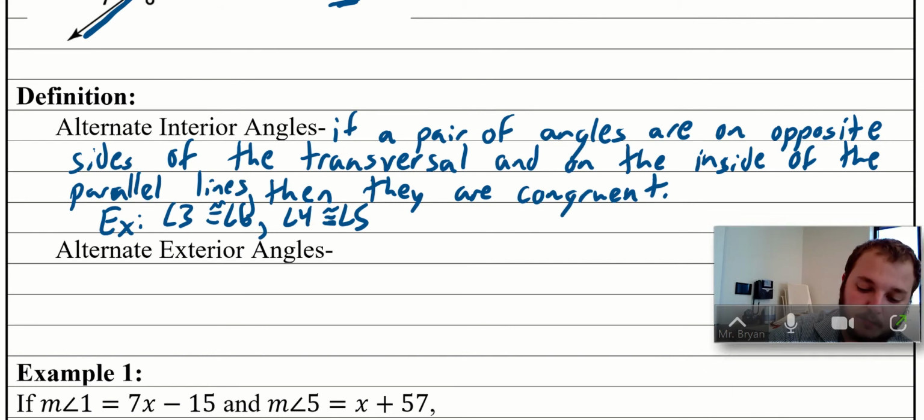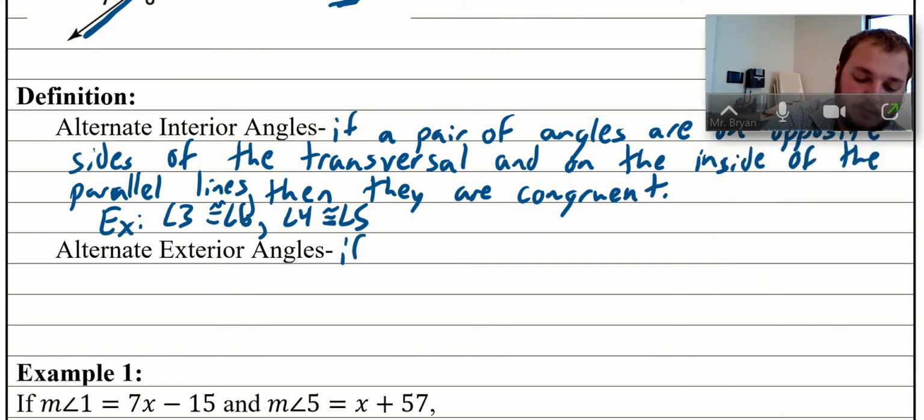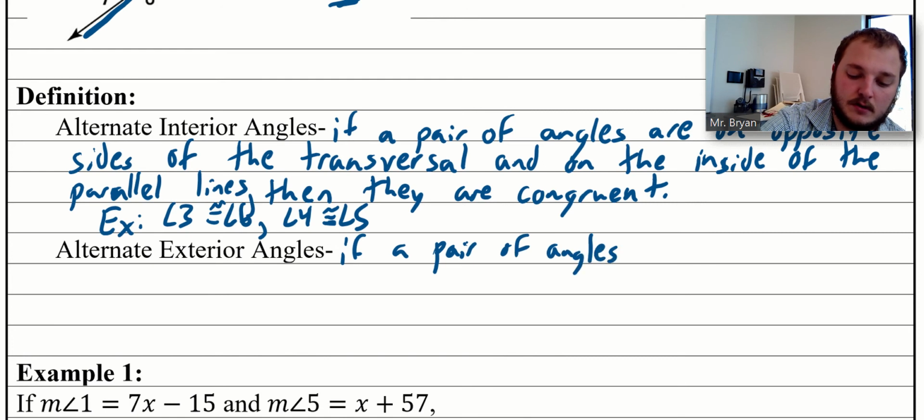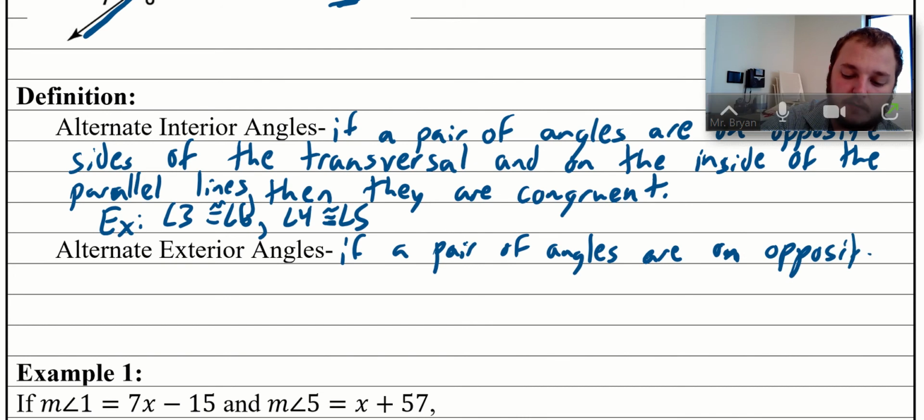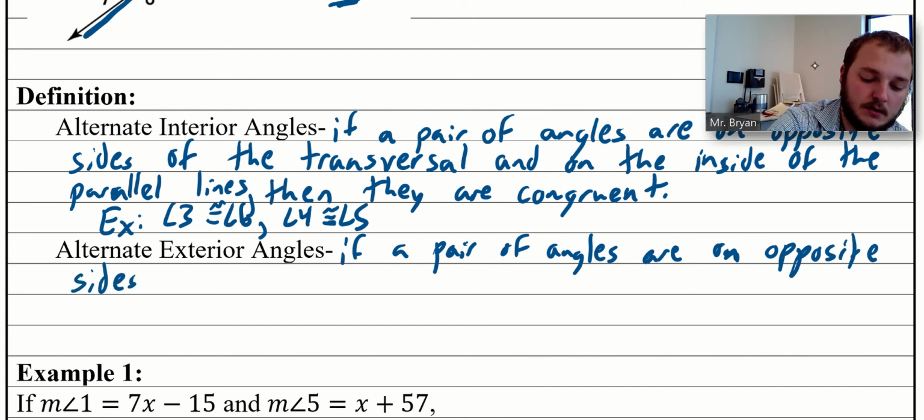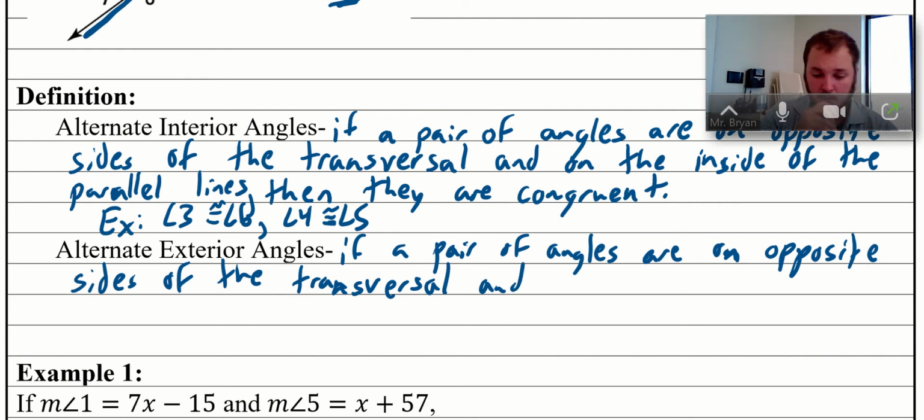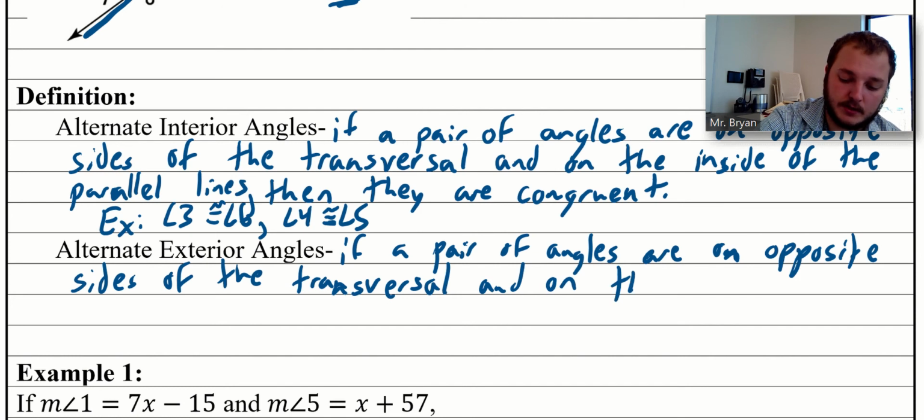We said if, here I'll move myself out of the way here, say if a pair of angles are on, same thing as before, on opposite sides or alternate sides of the transversal, and in this case, on the last one we said interior, so that was inside the parallel lines. Since it's exterior here, we're going to do the opposites, the outside. So on opposite sides of the transversal and on the outside of the parallel lines,